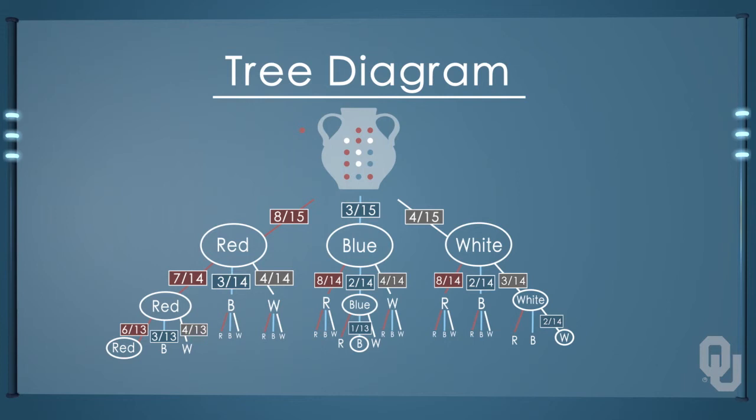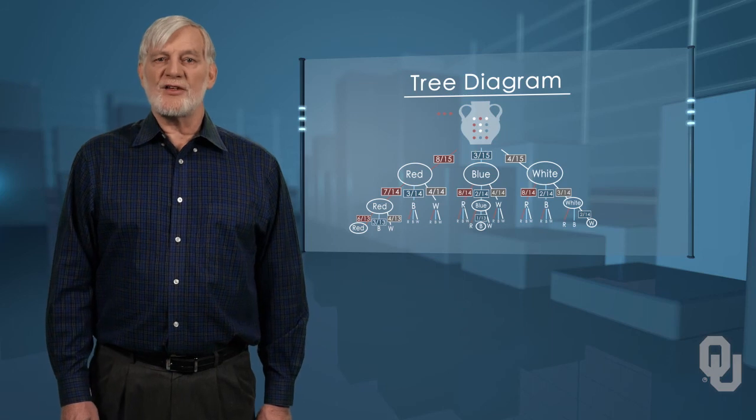To answer our question, what is the probability of getting 3 marbles of the same color in 3 draws without replacement, we simply follow the branches of the tree down the red branch, then the blue branch, and finally the white branch. Using the multiplication rule, we multiply down each branch because it is red and red and red, then blue and blue and blue, etc. The multiplication rule tells us to multiply for the word and. Then, using the addition rule, we add across the 3 colors.